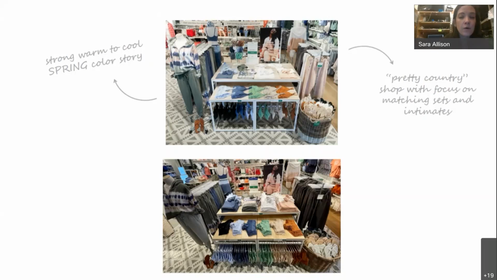And on the back of the table, we just folded down more pants to give more bottoms options because that's what we owned, right? So we kept them on the wardrobers, and then we filled the back of the table with them as well.